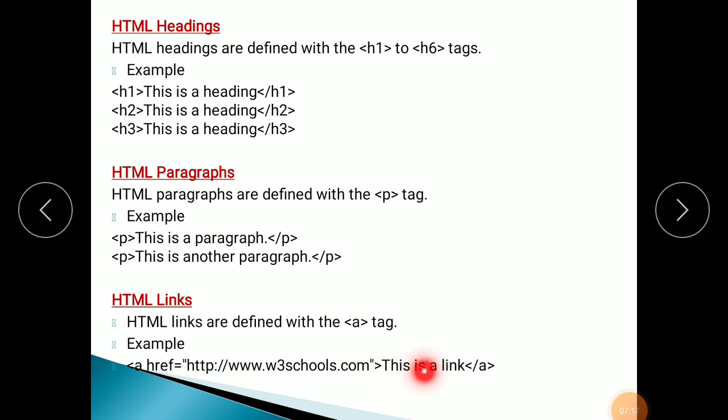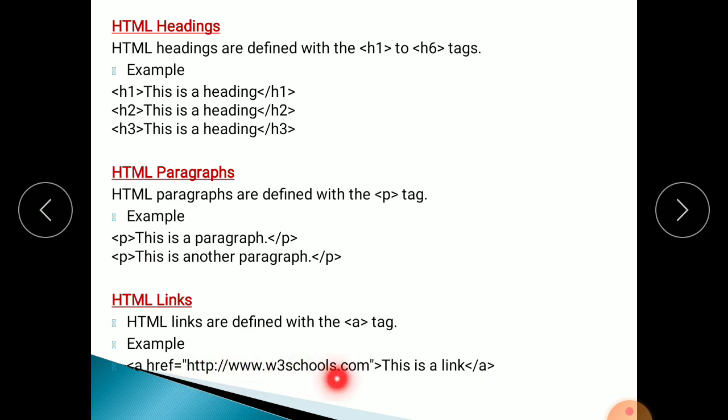Whatever message you have written here will be displayed on the first page's output screen. This is a link, and it shows in blue color. If you click on this, your cursor jumps to the second page, meaning the second web page opens, so the first page is connected to the second web page. Then at the end, close the link with forward slash A.